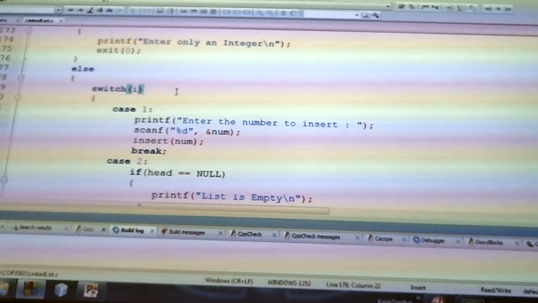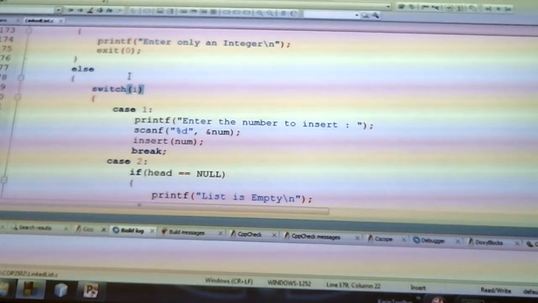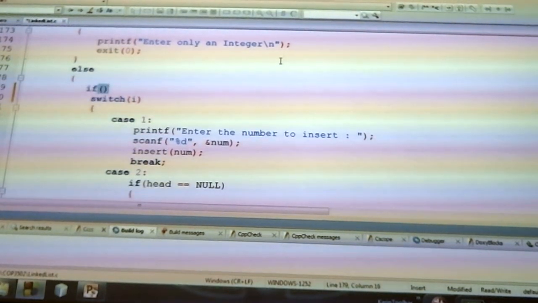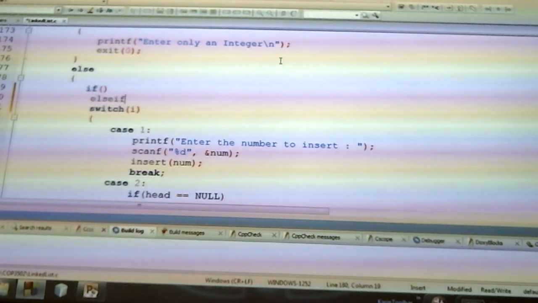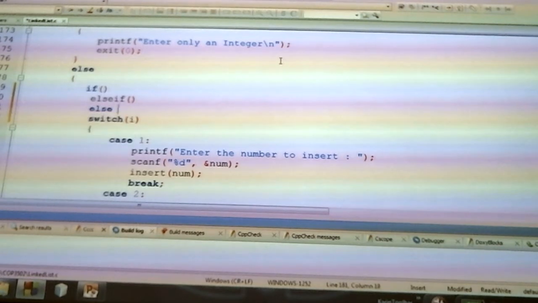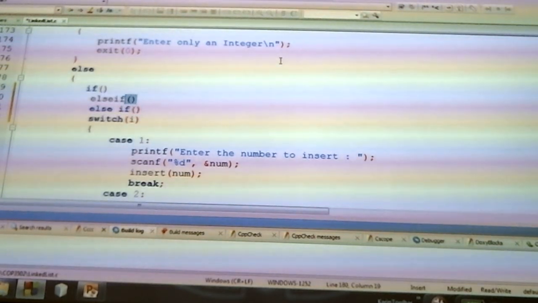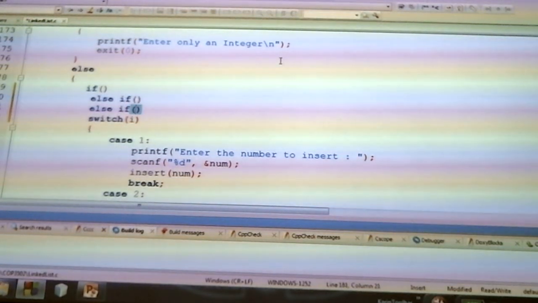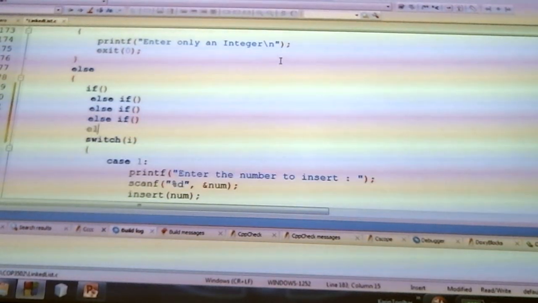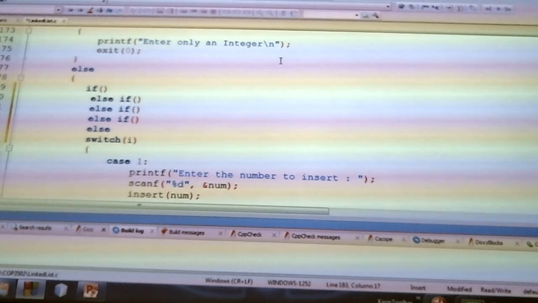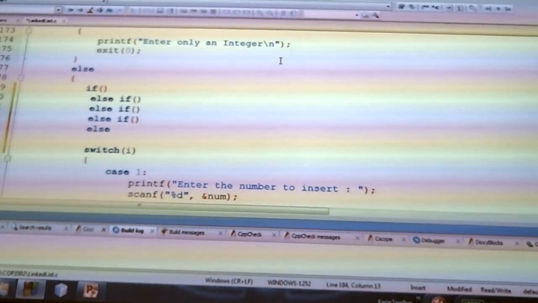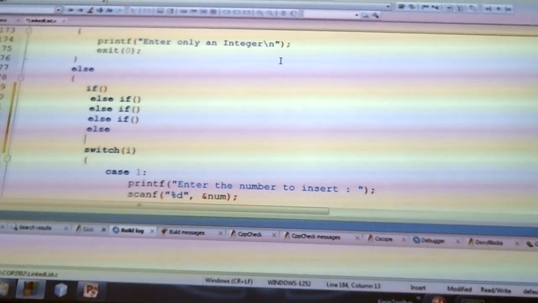Okay? So the difference between if, else if, spelled correctly, and two words, not one, else if, else. Okay? So the switch and the if, else if, else is the exact same concept,